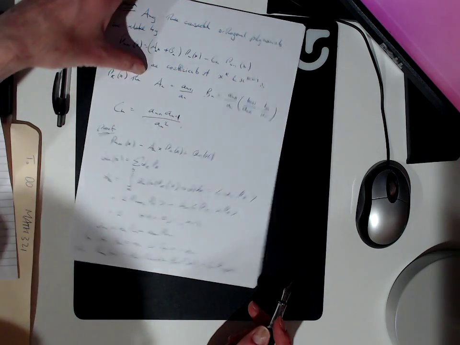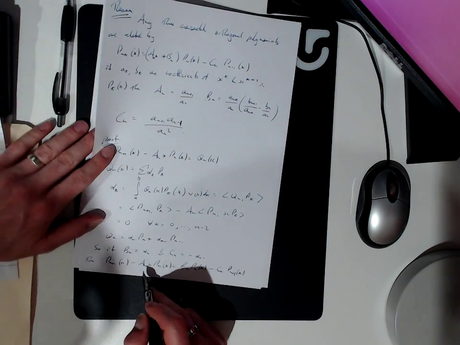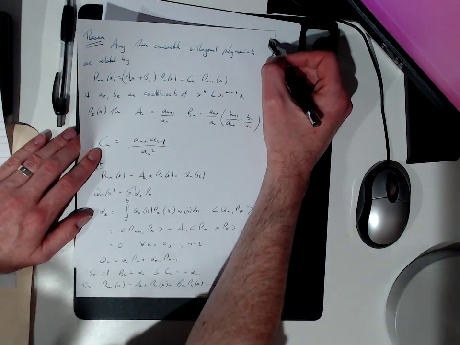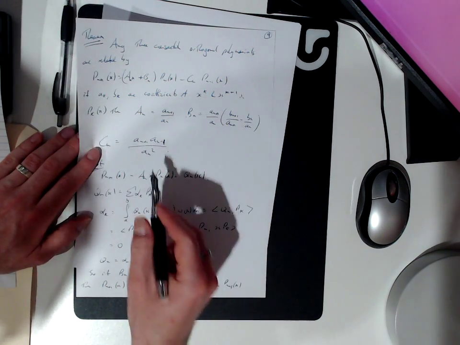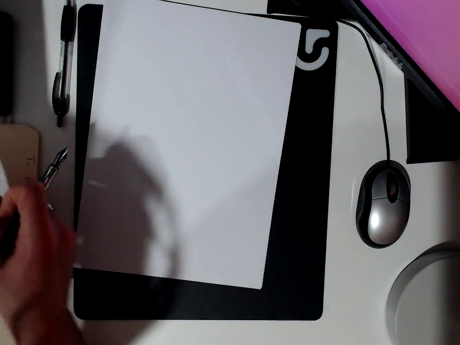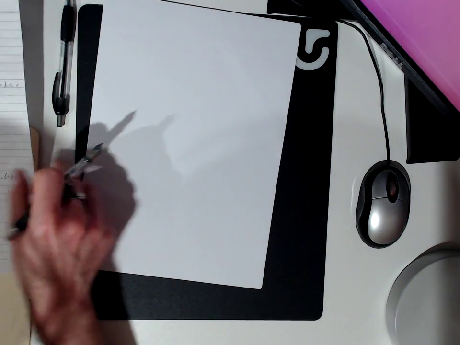So the only thing that really remains to do is to check that the A_n's and the B_n's and the C_n's all satisfy the appropriate equations. And that's pretty direct,